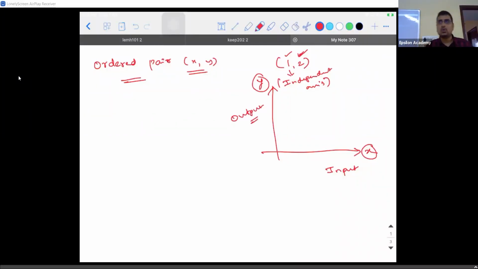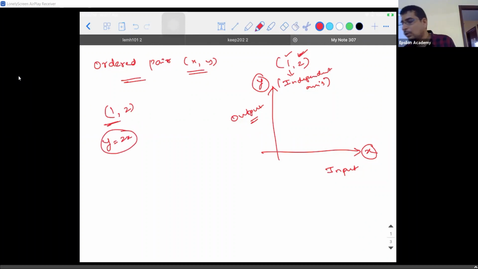So this (1, 2) is an ordered pair, I'm able to understand, but it should satisfy something. What is it going to satisfy? If I give the question like this, frame a relation between 1 and 2 which satisfies... y is nothing but 2x. You can think of something like this. Is this the only statement? Or what can you do? You can write 2y is equal to 4x, something like that. You can keep multiplying, right? You can frame relations. Though they represent the same thing, you can still write them, right?